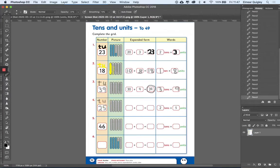I'll leave you to do the colouring part yourself. 2 tens and 5 units. If we expand that out, 2 tens is 20, and 5 units, and that will give us 25. Okay,